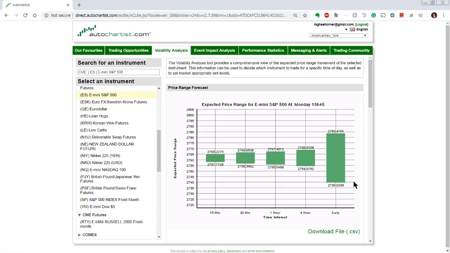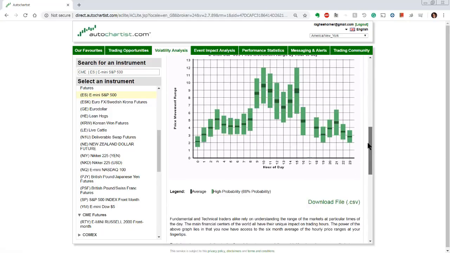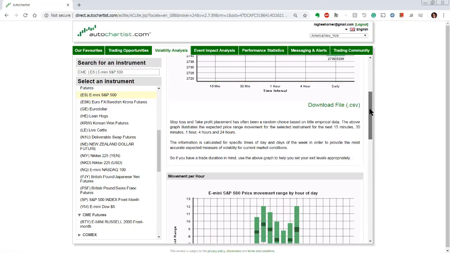It doesn't happen that often. Most shifts in volatility aren't as dramatic as what we saw in, say, February, or what we saw just last week, about 10 days ago. Not usually. Usually it's a gradual increase, which is why the auto chartist usually is calibrated really perfectly throughout the year. But when and if it has to play catch up like it is now, what we do is we